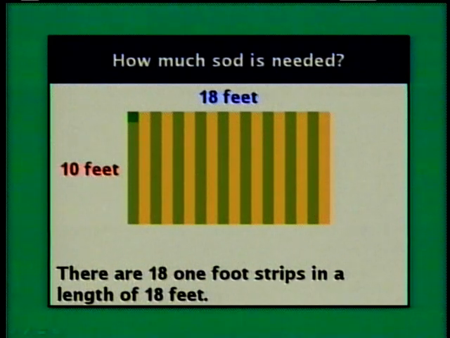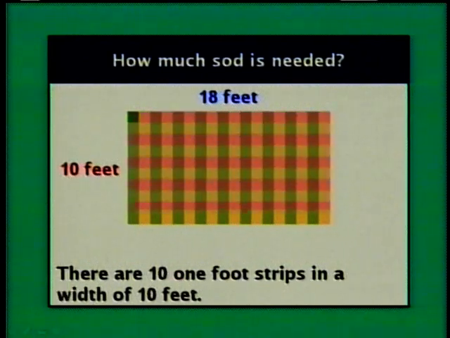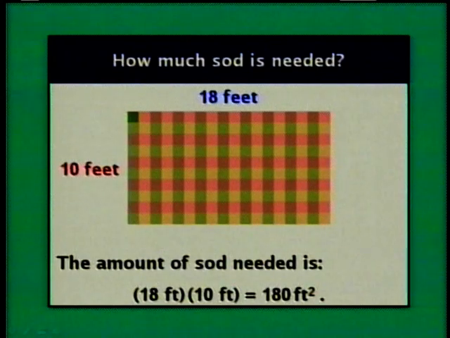Similarly, from top to bottom, there's a total of 10 feet. So in any given column, I'm going to need 10 1-foot by 1-foot squares to completely cover the region from the top to the bottom. So altogether, in each row across the rectangle, I need 18 squares, and in each column down the rectangle, I need 10 squares. So in total, I need 18 times 10 squares, which is 180 squares to exactly cover this